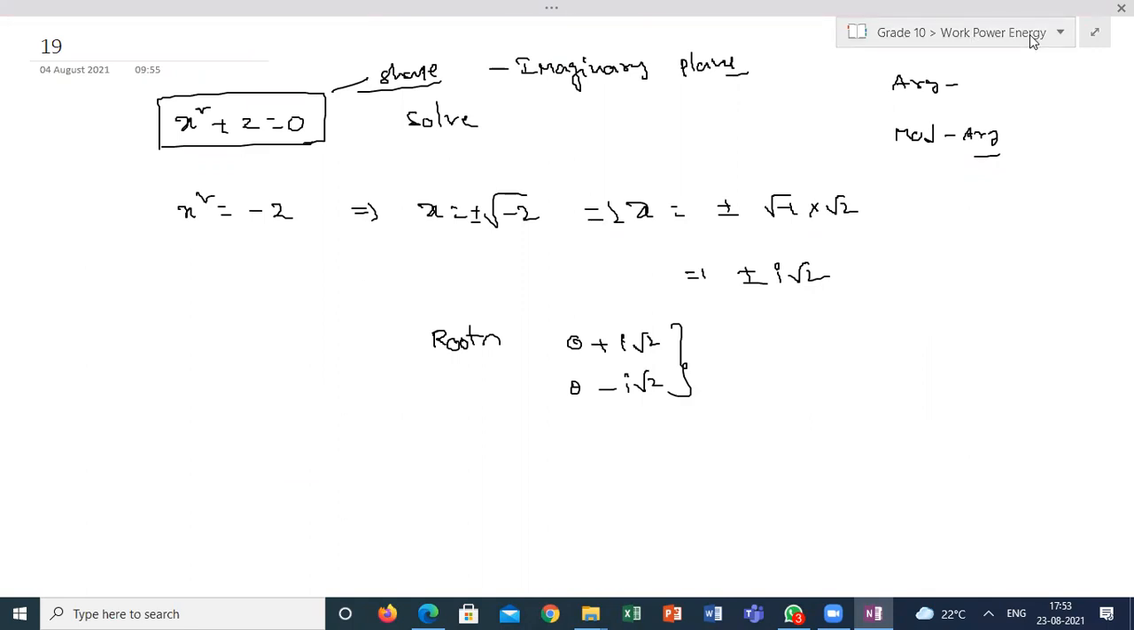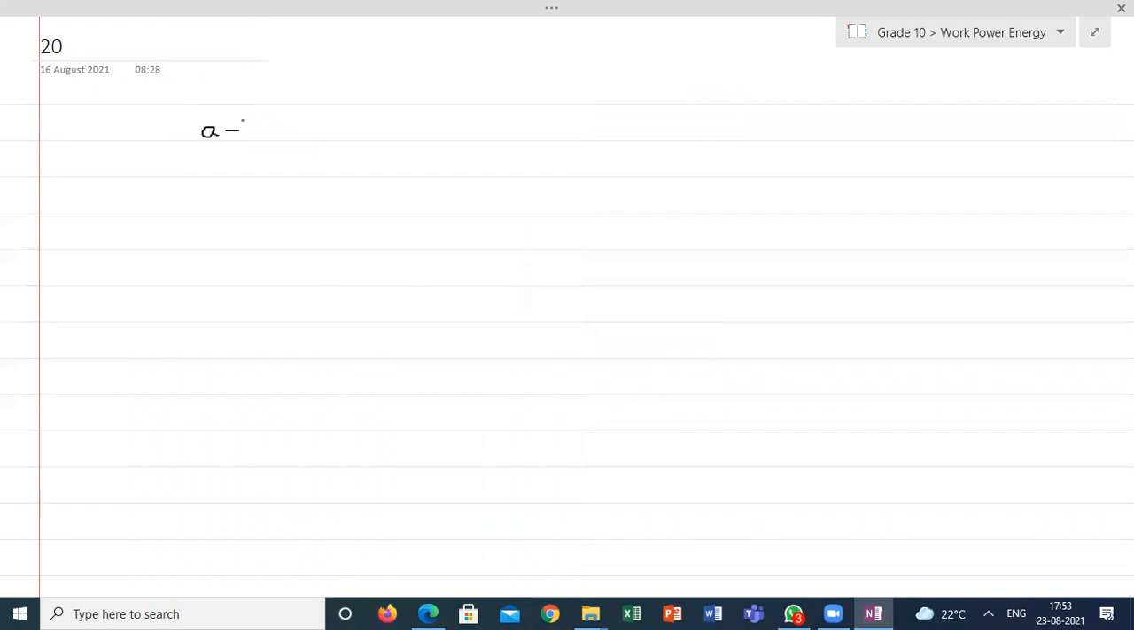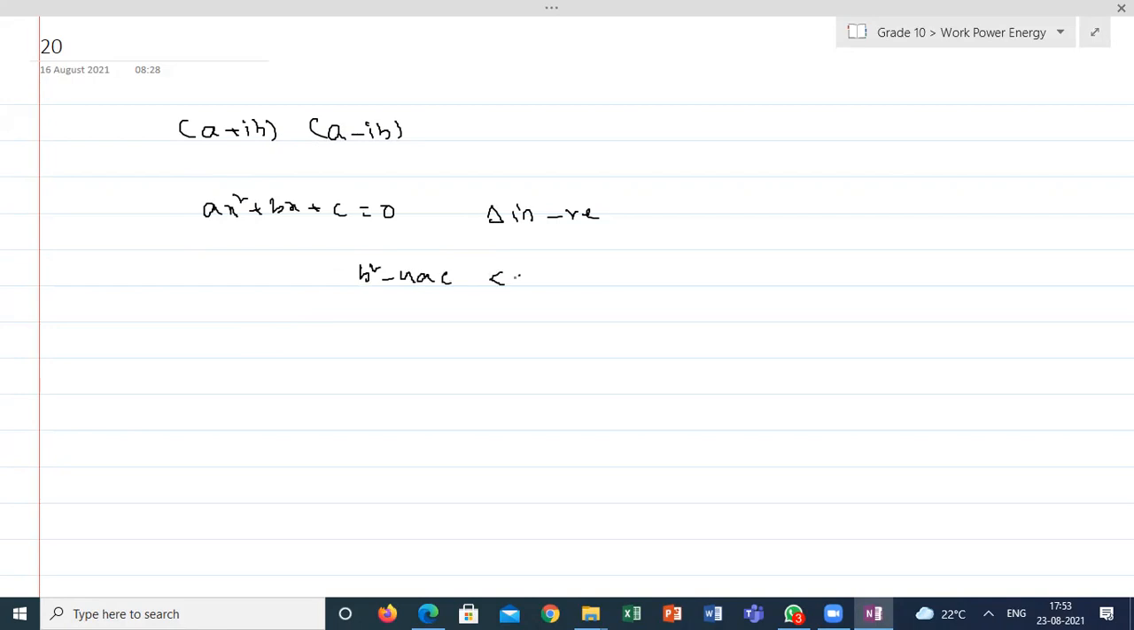If a plus ib is one root, then a minus ib is also compulsorily a root of the quadratic equation. Suppose there is an expression ax square plus bx plus c is equal to 0. If the delta is negative, that means b square minus 4ac is less than 0. From here, 4ac minus b square is greater than 0. I can write it like this. So the roots are